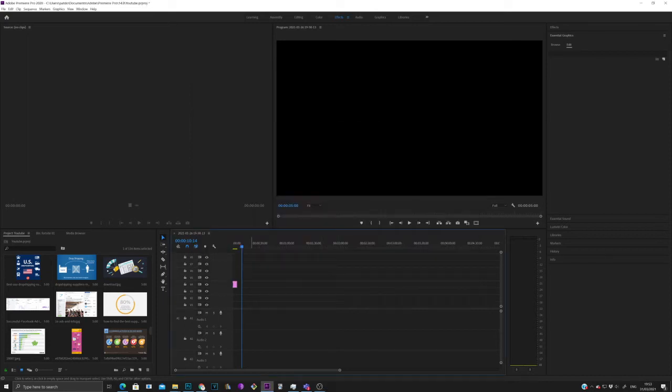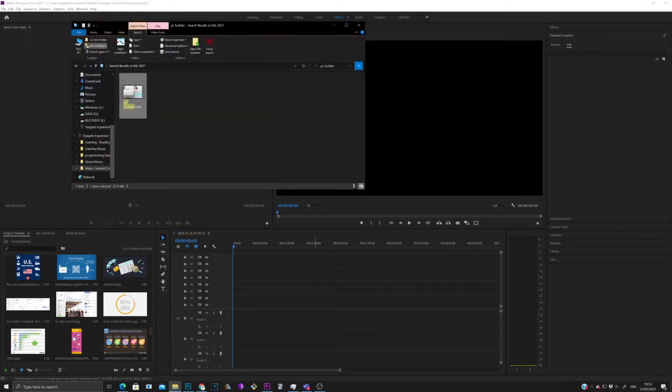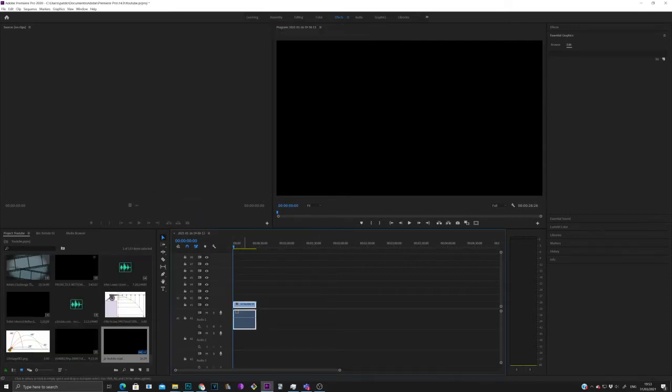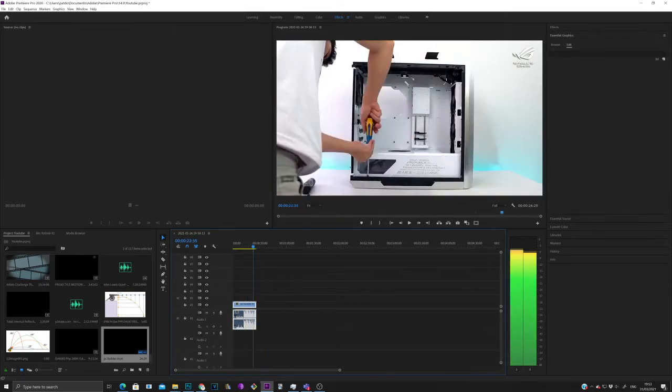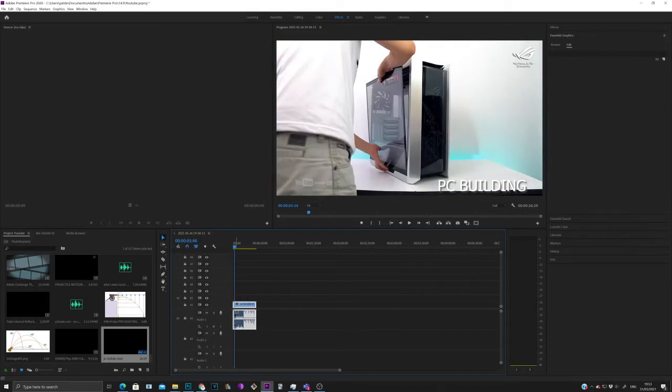This is another quick tutorial on Premiere Pro. Right, so I'm going to be showing you some basic features here. I'm going to delete that. Now, here's how to import videos. You go to your File Explorer, and I'm going to import this one that we made in our last tutorial. You just drag it and drop it into this section,